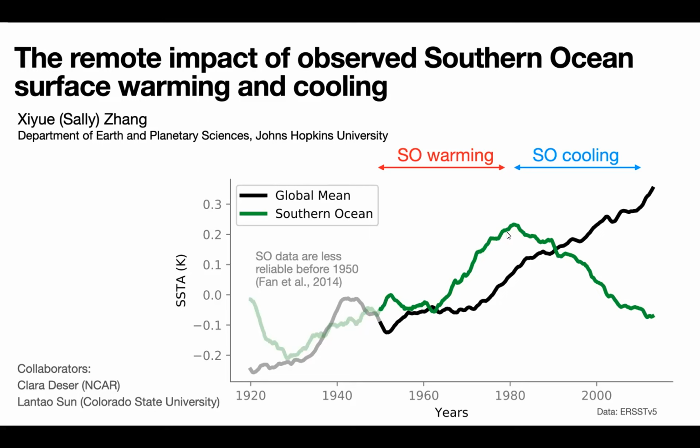And this variability of the Southern Ocean SST is often not captured by climate model simulations. And before talking more about simulations, I'm just going to show you a bit more background on why I think these trends are real, because we know the Southern Ocean tends to have sparse data coverage. And to convince you that there are actually two distinct phases since the 1950s,